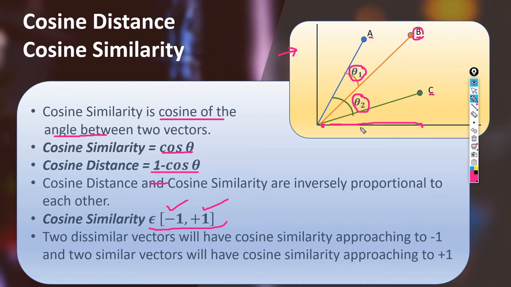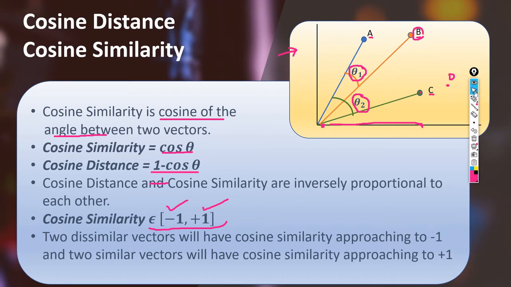And say this is your vector C and there is another vector D. The angle between C and D is 0 degrees, so the cosine is 1. So they are very much similar. So two dissimilar vectors will approach -1, and two similar vectors will approach +1.